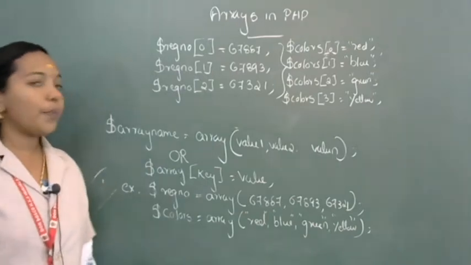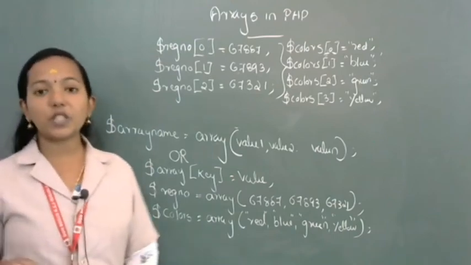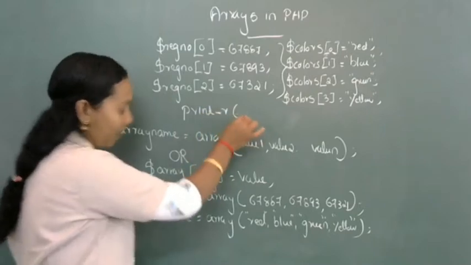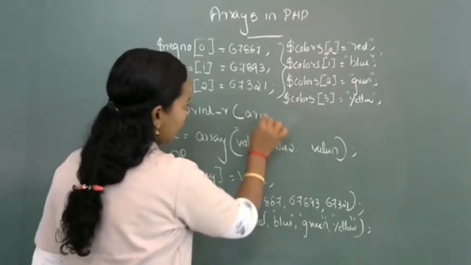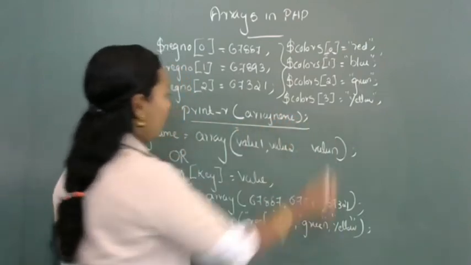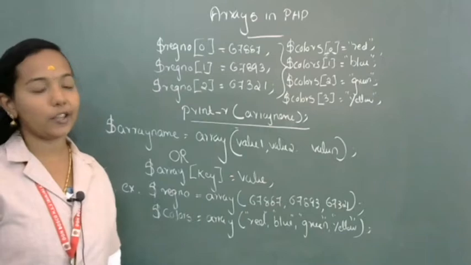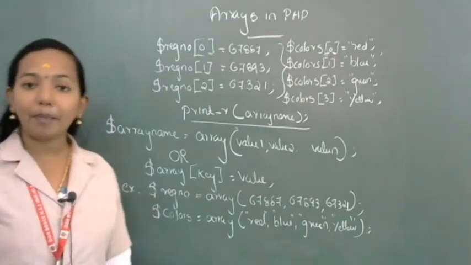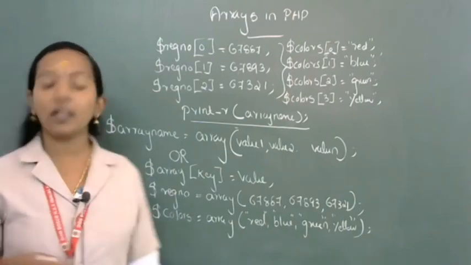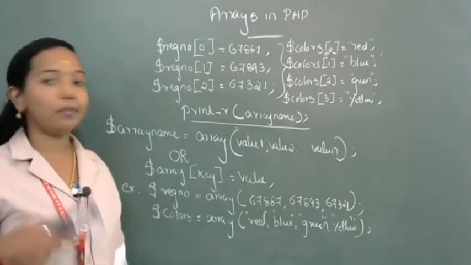Then you know, for printing values from an array we are using a for loop. But in PHP there is one special function called print_r, with the array name. Print_r parenthesis, inside the bracket you specify the array name. Then what will happen is you don't need to use a looping statement. Without a looping statement we will get all the values. You don't need to perform any kind of iteration. We will get the values one by one.